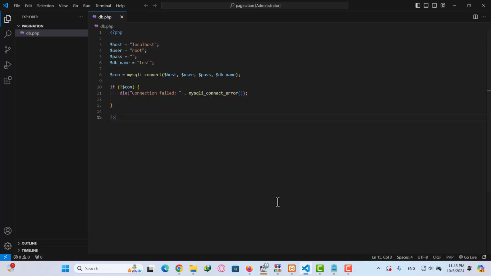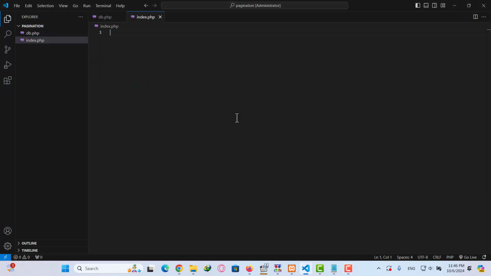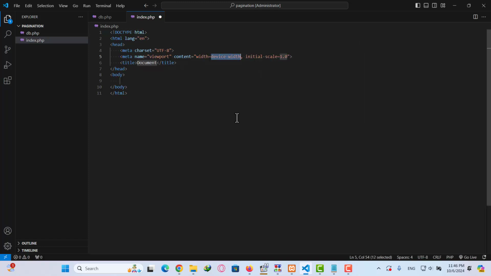Okay, let's come back to my Visual Code. And here I create another file. I call it index.php, and I create just a basic HTML5 structure. I give it a title of pagination with search,